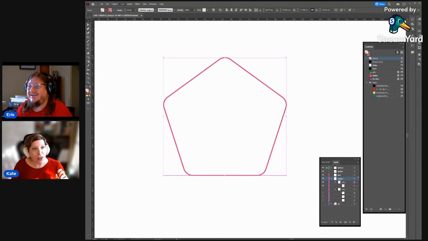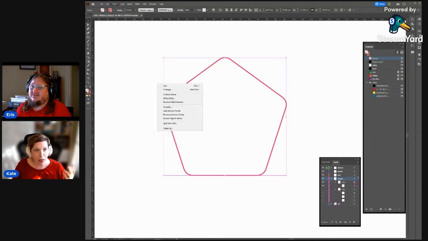So anyway, what we're going to do with this shape is we're going to, can you see that? No, you can't see my menus. That's a bit of a bummer. Anyway, I'm in the object menu and I'm going to go down to path. And from path, oh, look, the little pop-up shows up. That's bizarre. Technology. Anyway, I'm going to select offset path.